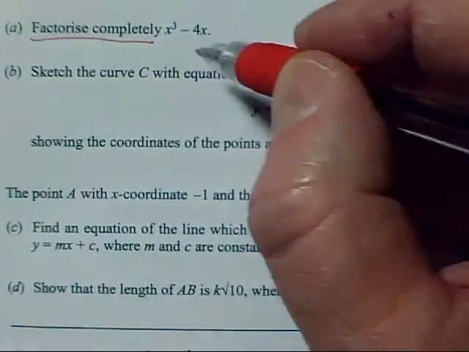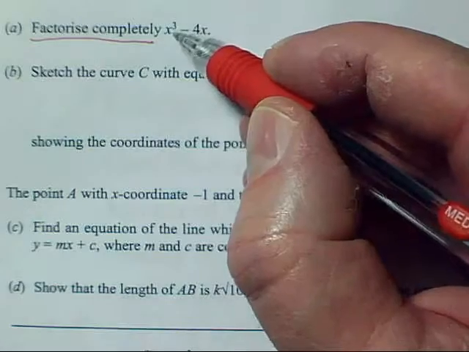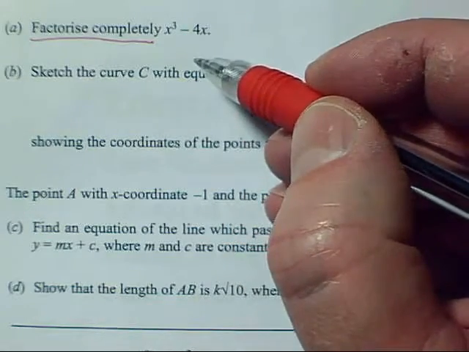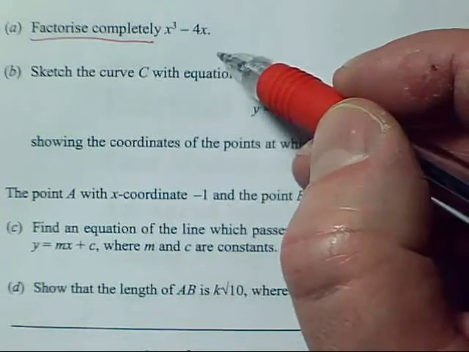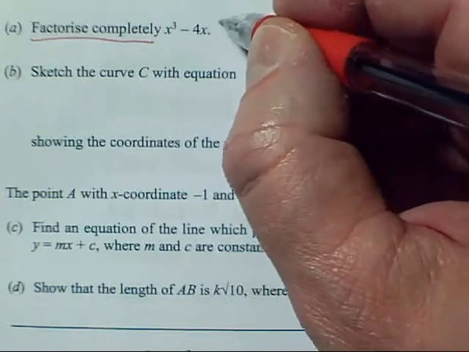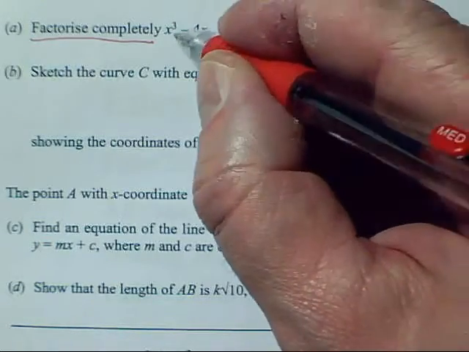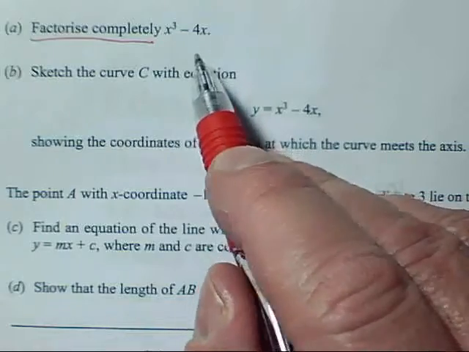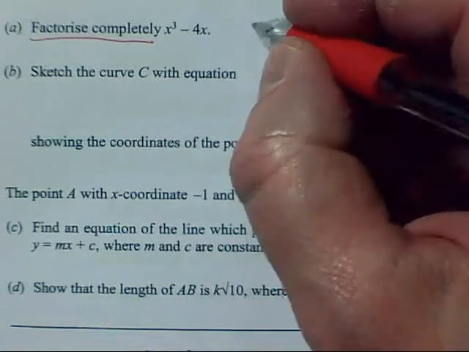Okay, this question starts by telling me to factorize completely. Oh, and it's a cubic, so that means I need to keep going till I've got 3 factors. Okay, now there's got to be an easy start to a cubic, and the easy start here is that there's an obvious common factor. There's a letter, well, it's x, isn't it, that appears in every term,